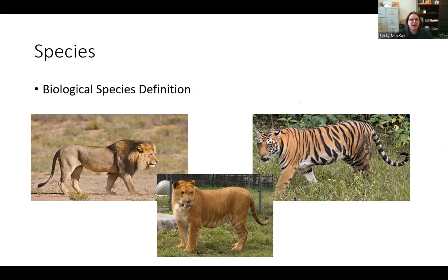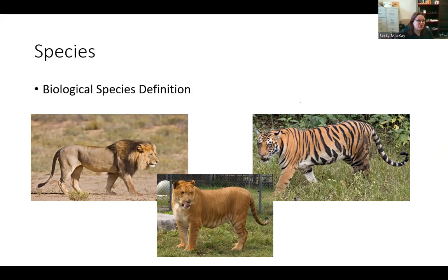And I use that term because, to be completely honest, there are literally hundreds of definitions of species. And you might be like, no way. Yes. And this just kind of goes to show that when we talk about science, people think about it as very black and white, and it's just not. That's because these organisms, lions and tigers, they don't care if you consider them the same species or not. They truly don't. It's not going to change their behavior at all. This is one of the things that we do in science: we try to put the world and biology and life into a box, but it doesn't really fit. And so even with ligers, not very often, but occasionally they can produce fertile offspring. Just like occasionally mules can reproduce, normally not.